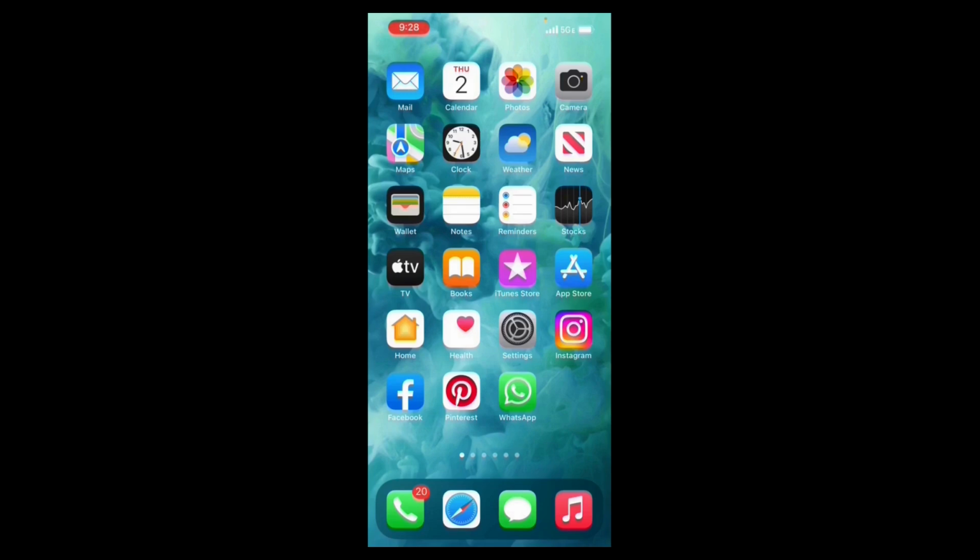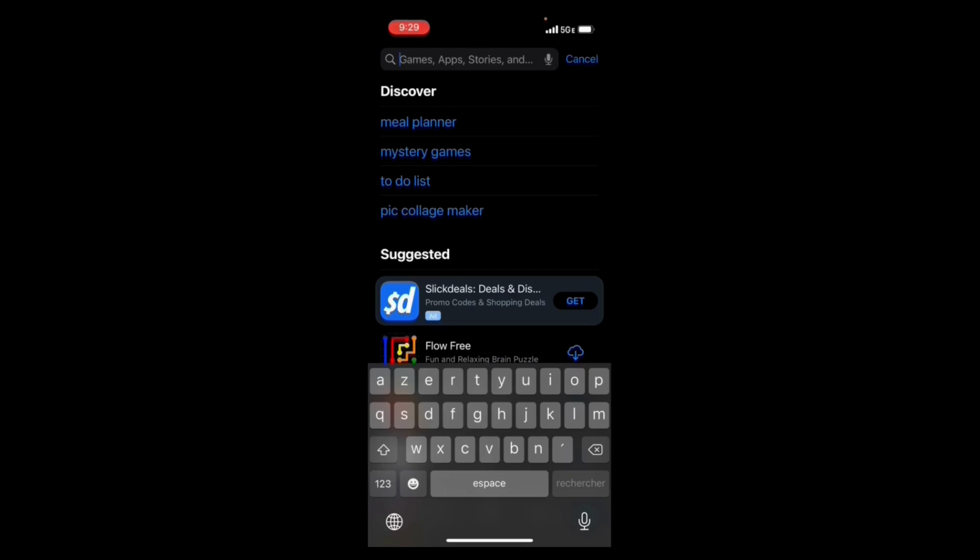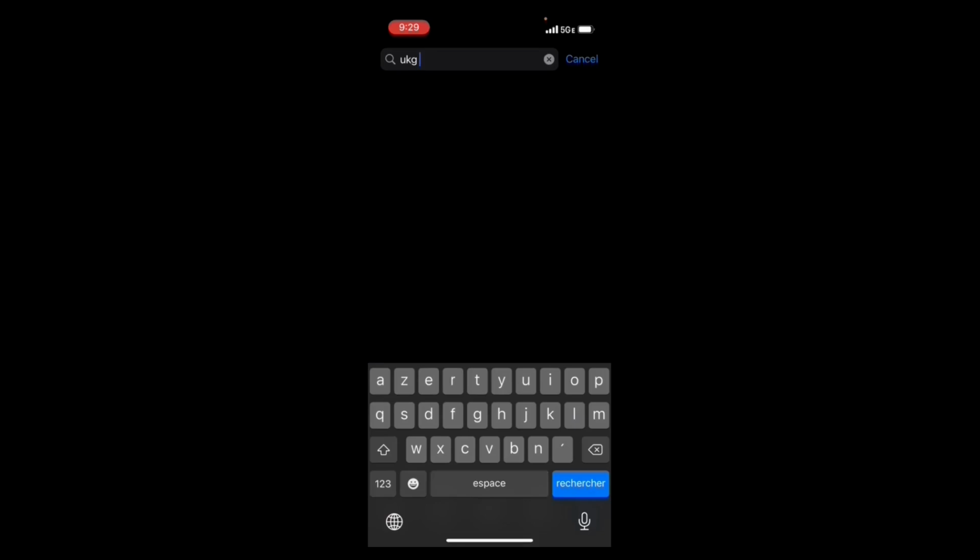Another way to use Kronos on your phone, and a very handy way at that, is to use the Kronos app. To do so, go to the App Store. Under Search, type in the name for this Kronos application. In this case, Kronos is called UKG. As an FYI, Kronos was purchased a little over a year and a half ago, and the name for the parent company is now UKG. So we'll type in UKG Ready,